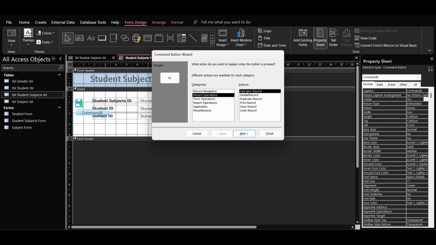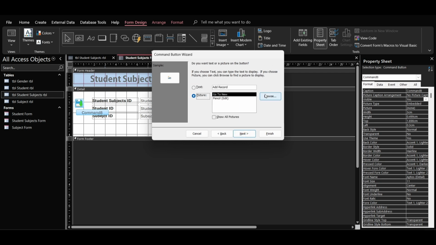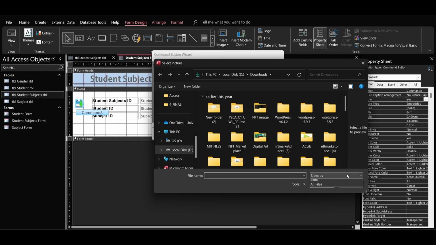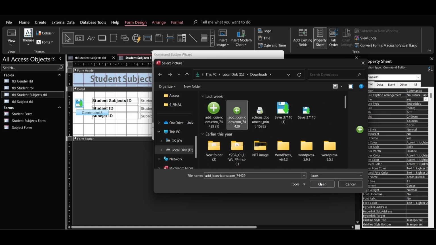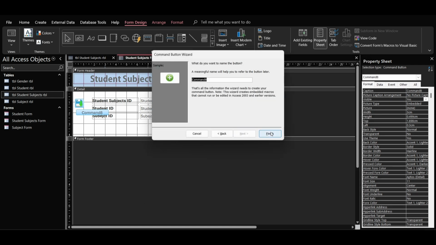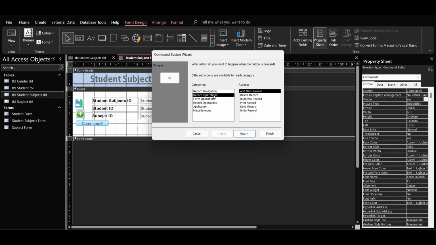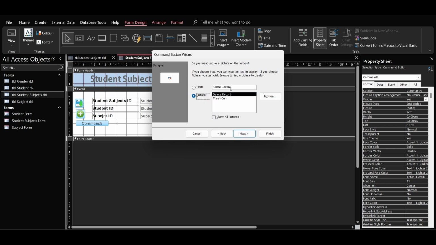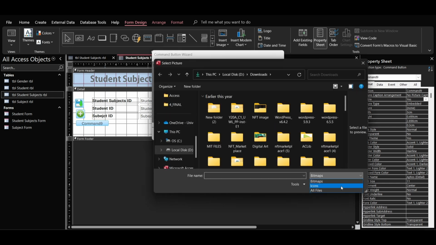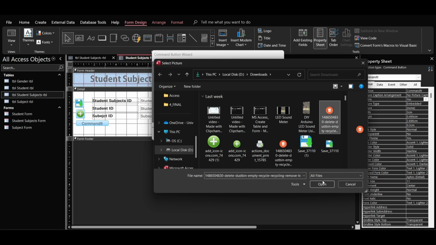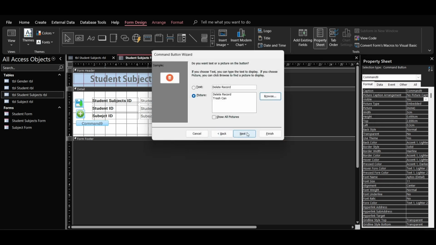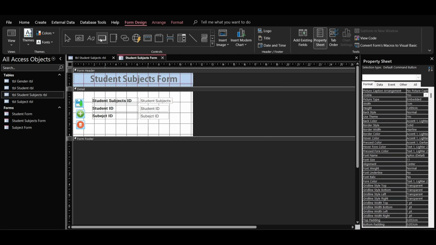So yung button is to add a data, and then browse tayo, and then set ng icon, this one, plus, and then next, and then finish, and then another button for delete record. Delete record and then browse picture, so all files, and then delete icon, and then next, and then finish. Then lagay din tayo ng